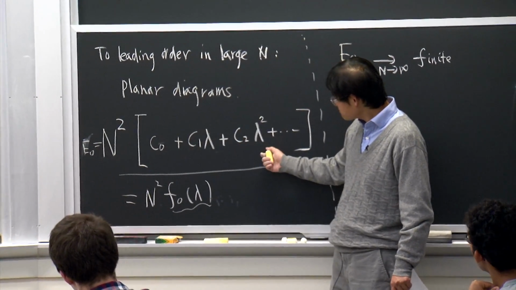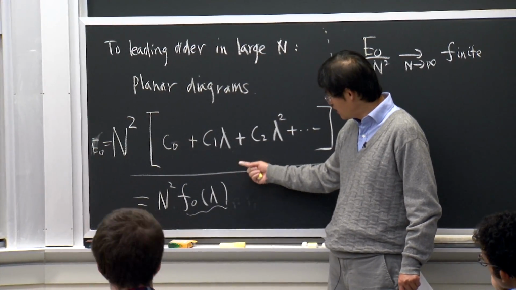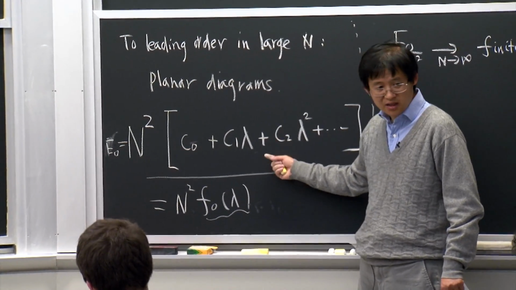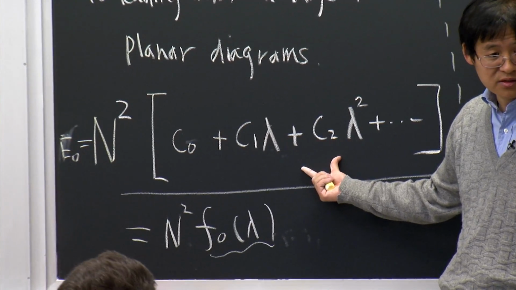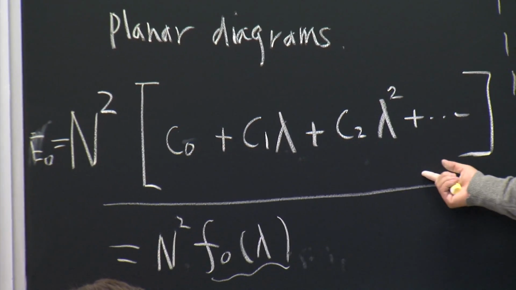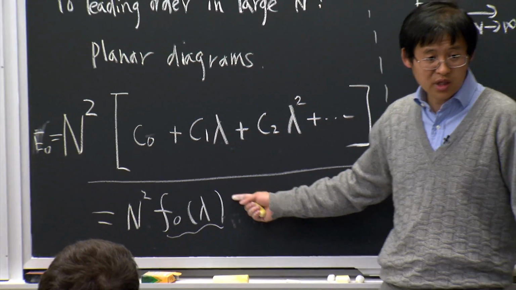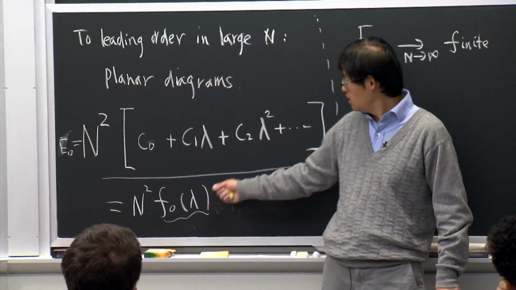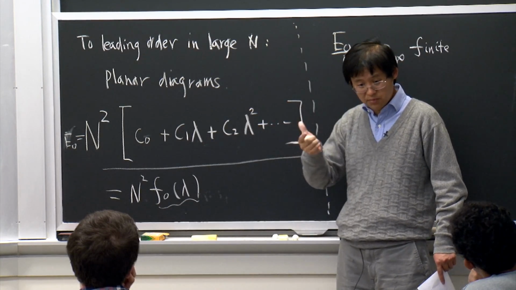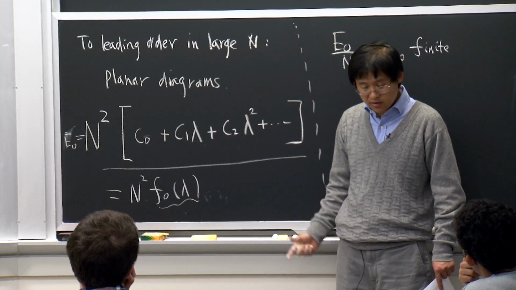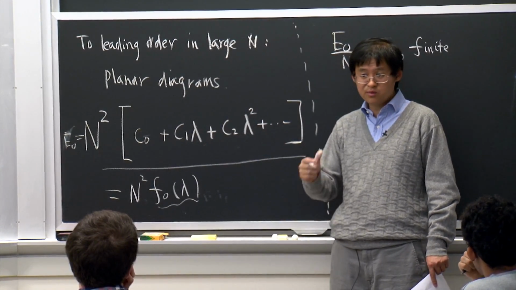The key is the following. What I'm writing here, you can understand using two perspectives. One is heuristic. Suppose you can only do perturbation theory, and that would be the thing you compute. And if you are powerful enough to solve the theory non-perturbatively, then you are guaranteed to find some general functions. But whether this series actually converges is an important mathematical question, of course, one has to answer. It turns out this is convergent. You can mathematically prove this is convergent for very simple reasons.